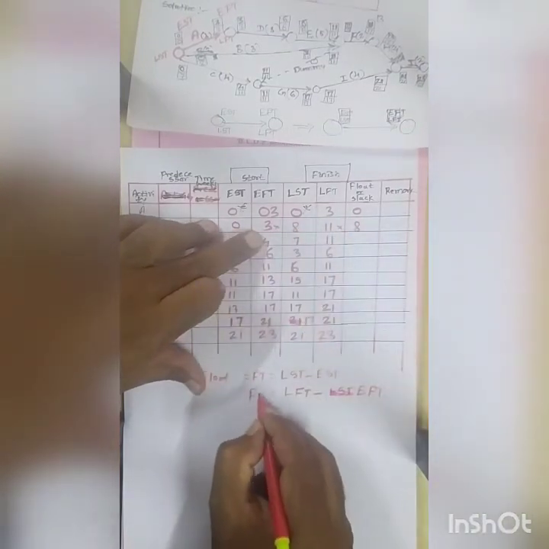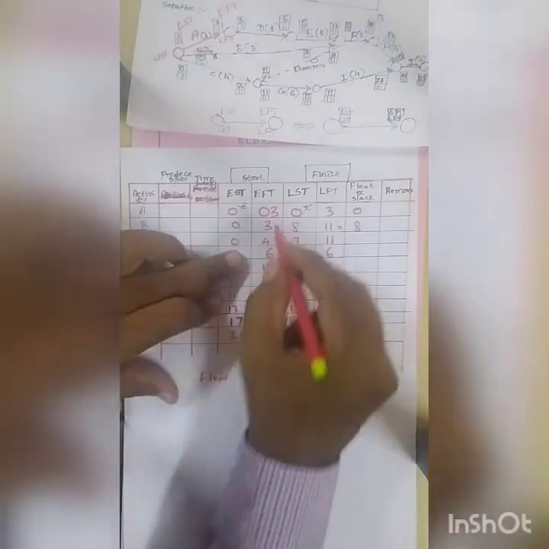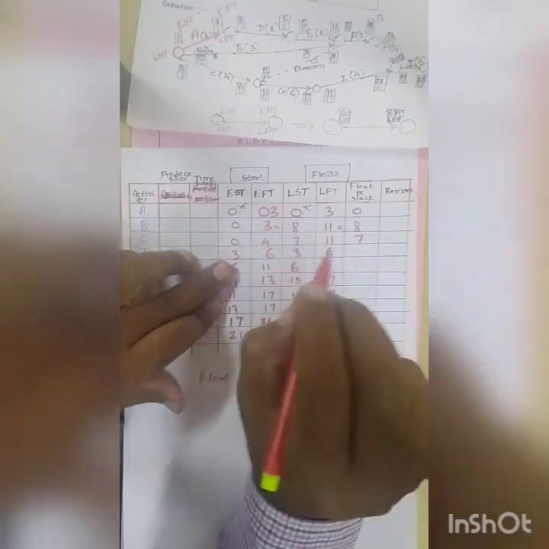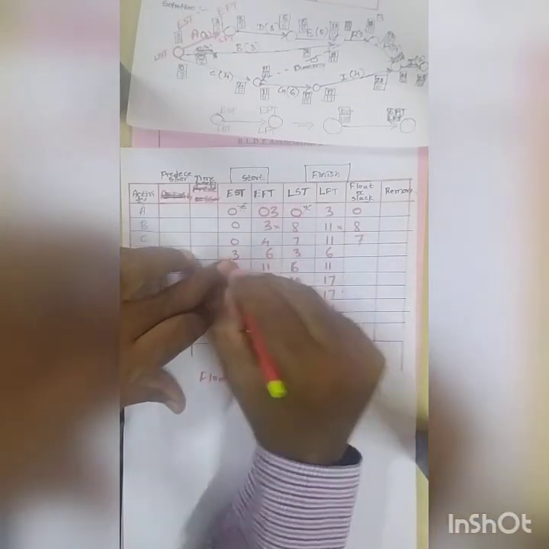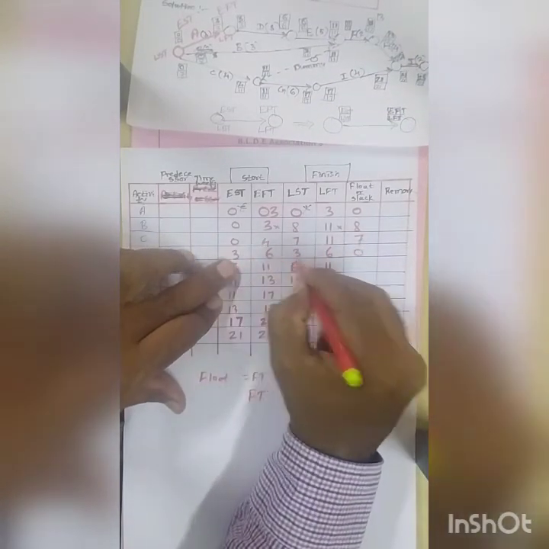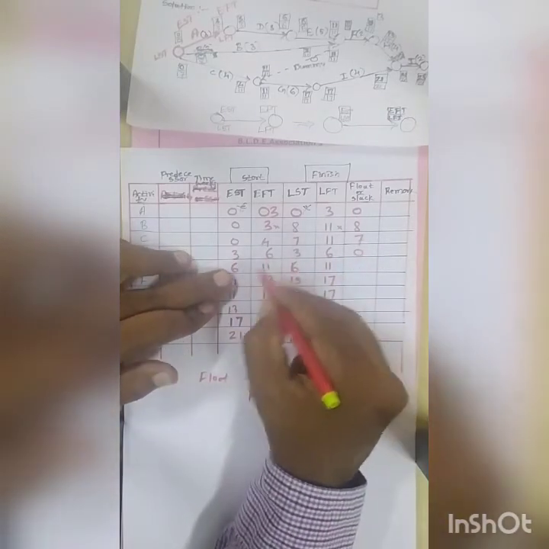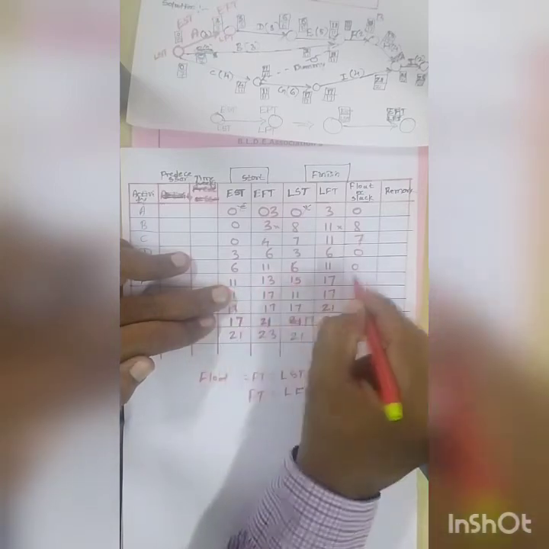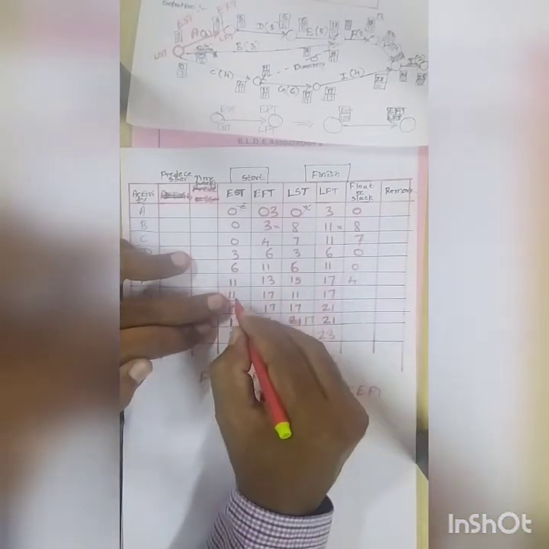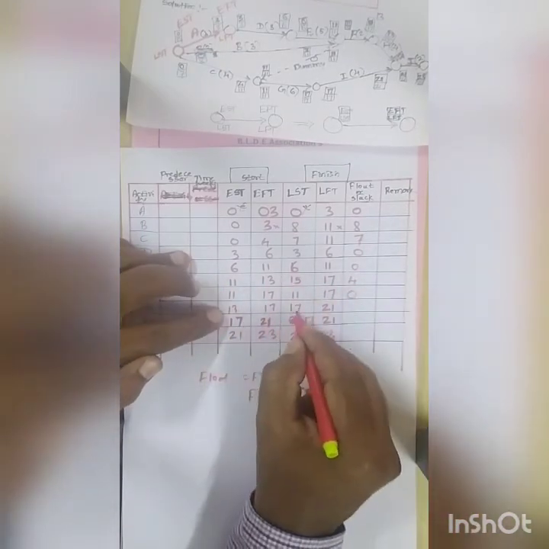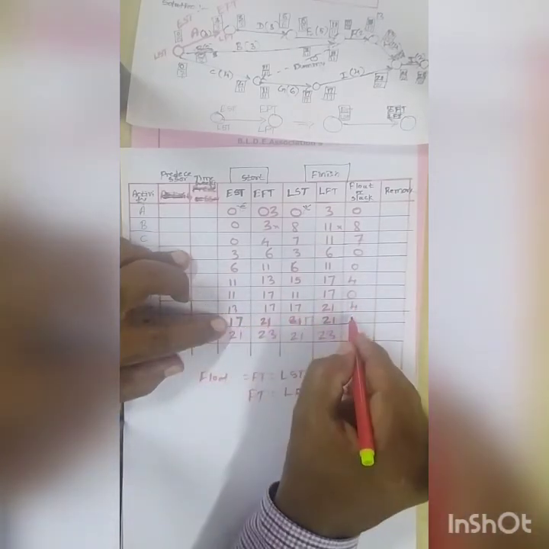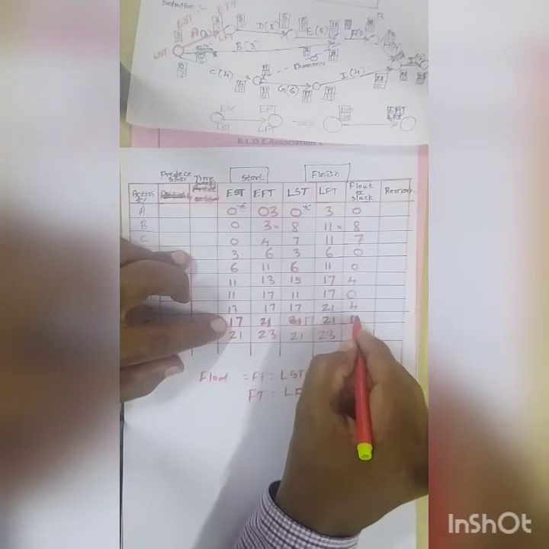Both are the same. Next 11 minus 4 is 7. 6 minus 3 is 3, 6 minus 6 is 0, 11 minus 6 is 0, 15 minus 11 is 4, 11 minus 11 is 0, 17 minus 13 is 4, 17 minus 17 is 0,